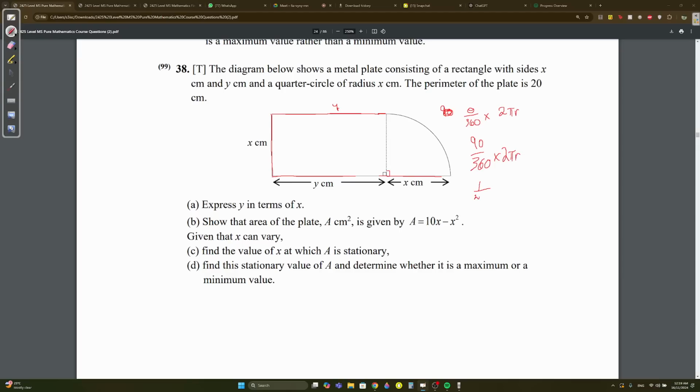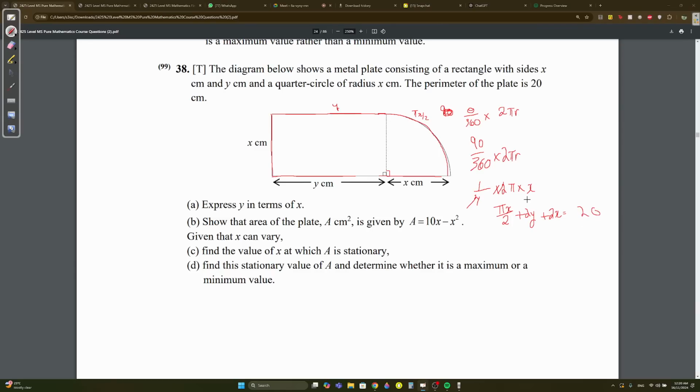So you get 1 over 4 times 2 pi times x, because the radius is x. So this is this part. Let's cancel here just to make my life easier. I'm going to get pi x over 2. Let's now continue adding. So the total perimeter is 20. So pi x over 2 plus y, plus another y, plus x, plus another x, is equal to